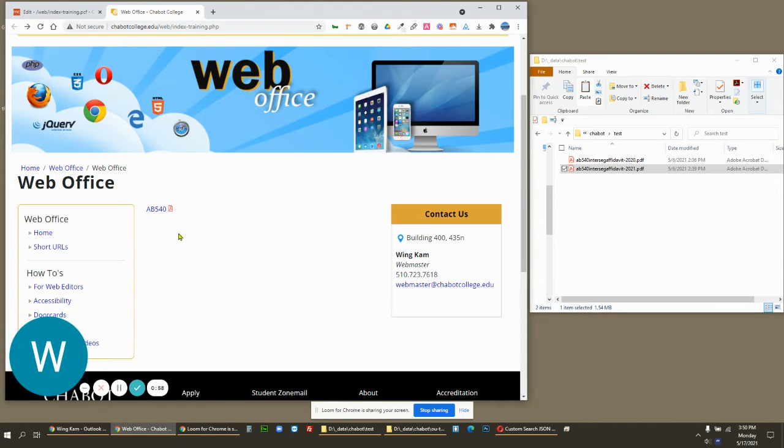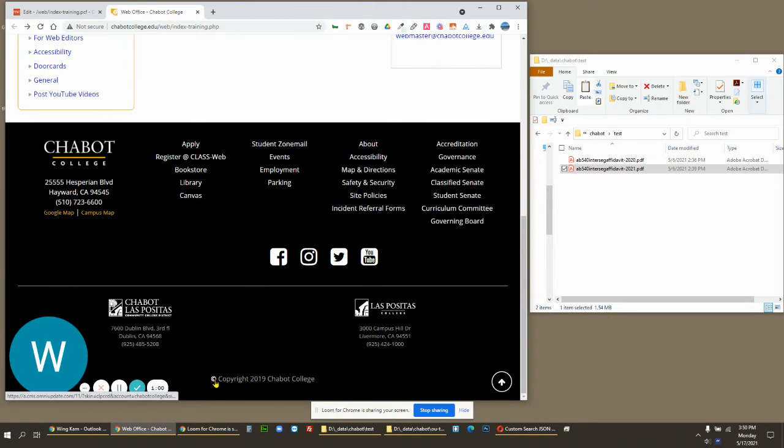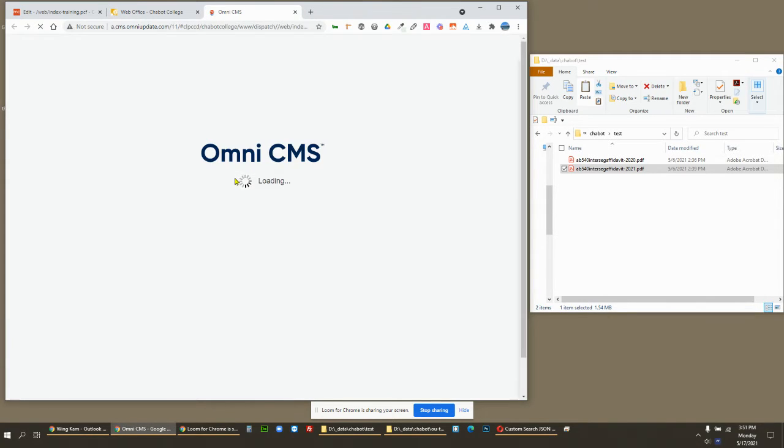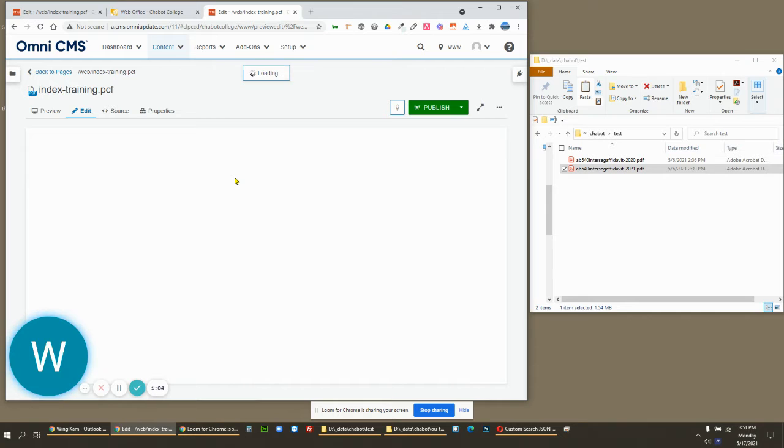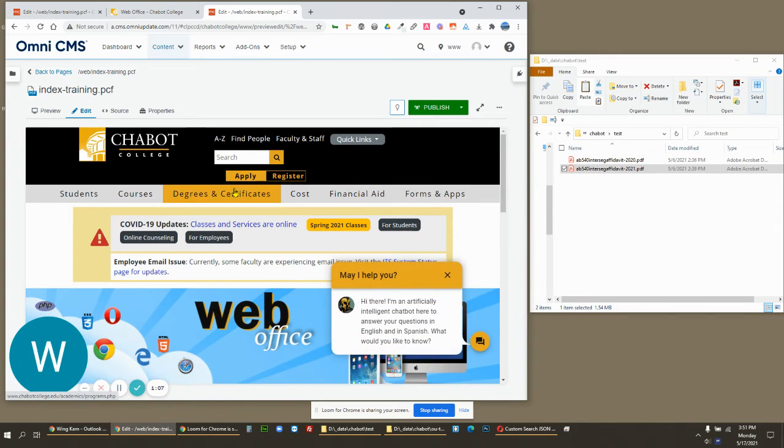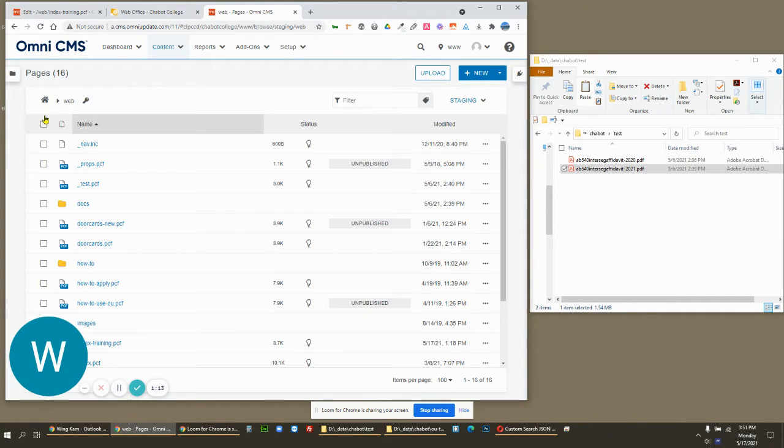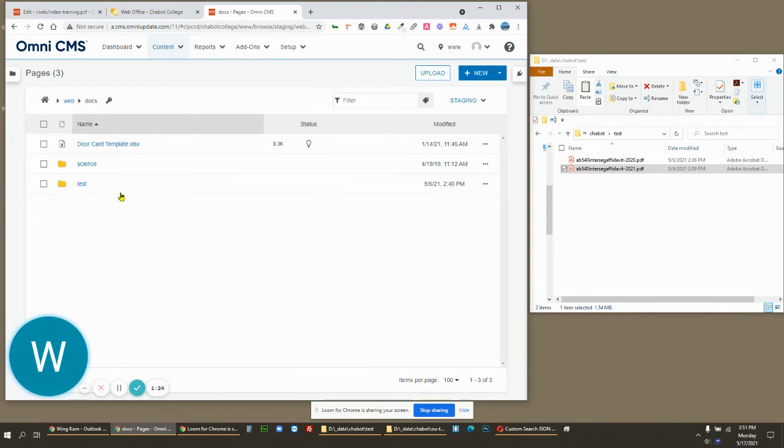Go back to the web page here, scroll down, and click on the copyright symbol. Now, once you've logged in, it's going to take you to the editor of this page. Over here, we want to click on Back to Pages, and it's going to show us all of the files and folders for our websites. Before, it was showing us to go to the Docs folder, followed by the Test folder,